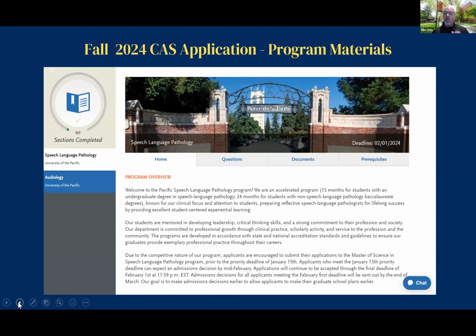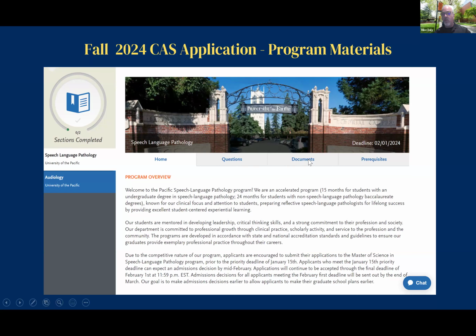So usually there are some subfolders such as the home, which usually gives you an overview of the program that you're applying to at that specific school. And then there may be a separate subsection called questions. These are specific questions that the program wants to hear about, and they may differ from school to school. And then there are documents.